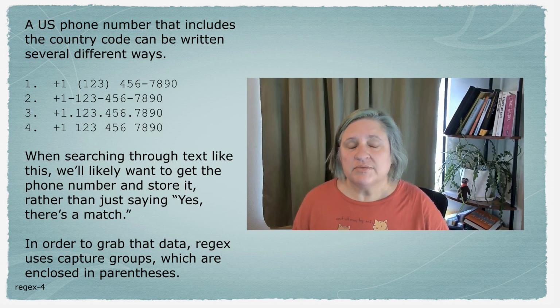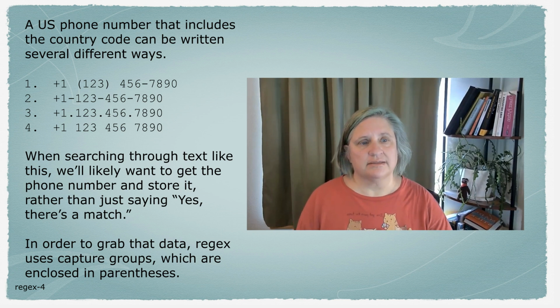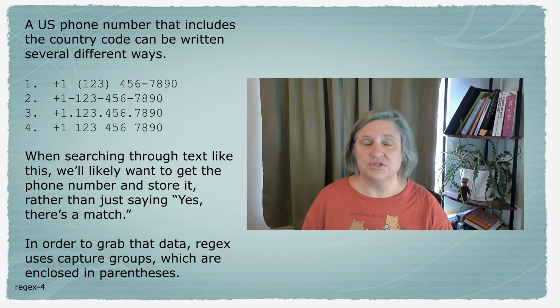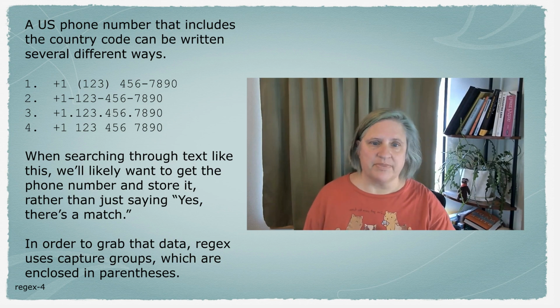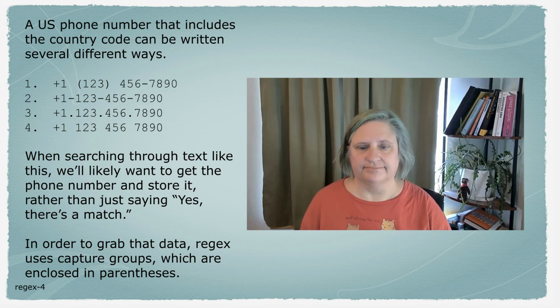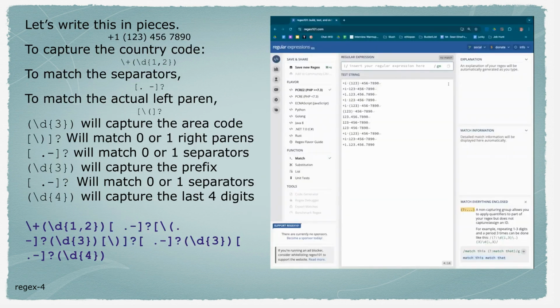So when searching through text, more than likely we'll want to store the phone number somewhere instead of just saying, yep, that line is a match, it's a phone number. And that's where the capture group comes in. Capture groups are denoted with parentheses, not to be confused with the literal parentheses that go around the area code sometimes. So if we're going to take a phone number and break it down, we'll start with the country code